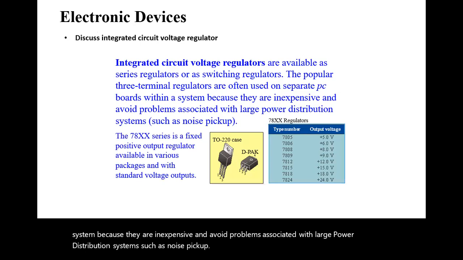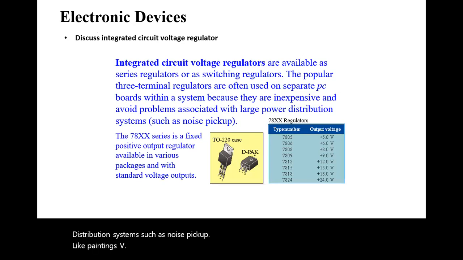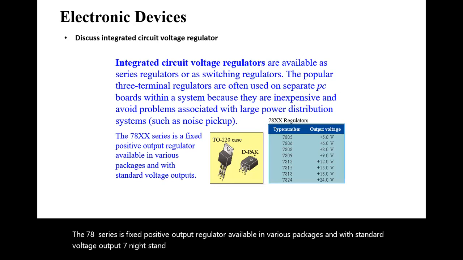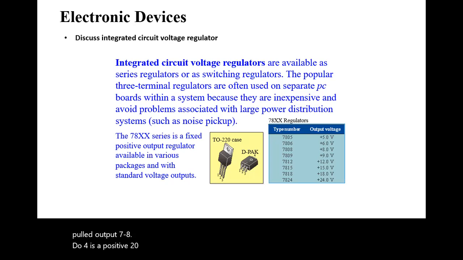Like for instance, the 78XX series is a fixed positive output regulator available in various packages and with a standard voltage output. 78 stands for positive, and the 05 means that it is 5 volts output. 7808 is 8 volts output. 7824 is a positive 24 volts output. So the 78 indicates that it's a positive signal, and the last two digits indicate what output you can expect from that particular